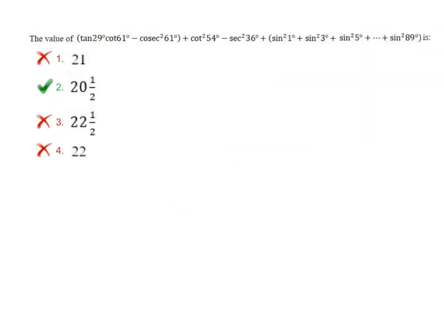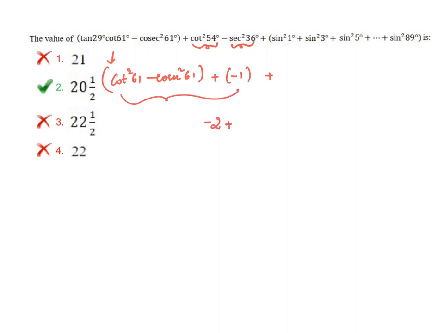The value of tan 29 cot 61 minus cosecant square 61 plus cot square 54 minus secant square 36. I can write it as cot 61 into cot 61, cot square 61 minus cosecant square 61, that's minus 1 actually, plus again cot square 54, you can write it as cosecant square 54, that is also minus 1. So minus 1, you have minus 2 here, plus see how many sine values you have,